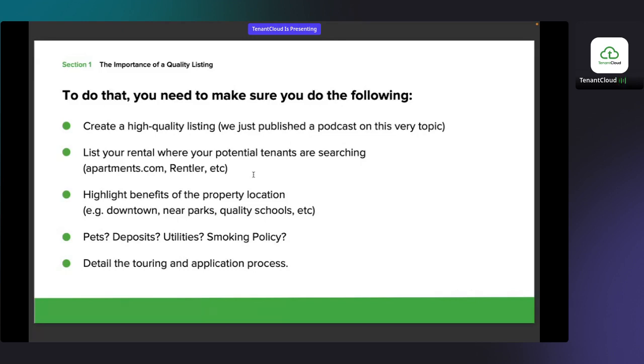Deposits. What is your deposit? Is it half month's rent? Is it a full month's rent? Again, that is going to really help you pre-qualify people based on what they can and cannot, or do and do not want to pay as a deposit on a rental listing. And then detail the touring and application process. People want to know what the process is. They want to know that it's not this lengthy, drawn out thing. Just detail it, simplify it for the person who is searching for your rental